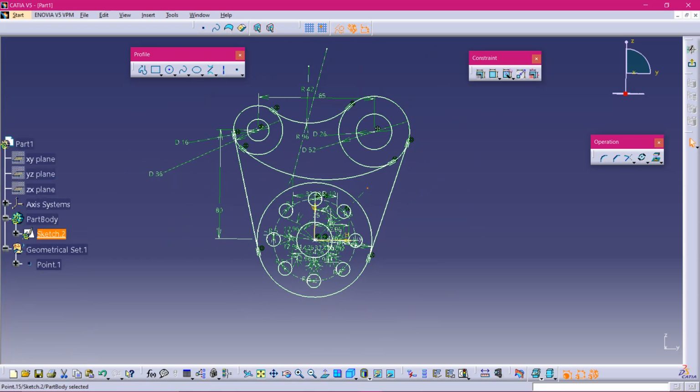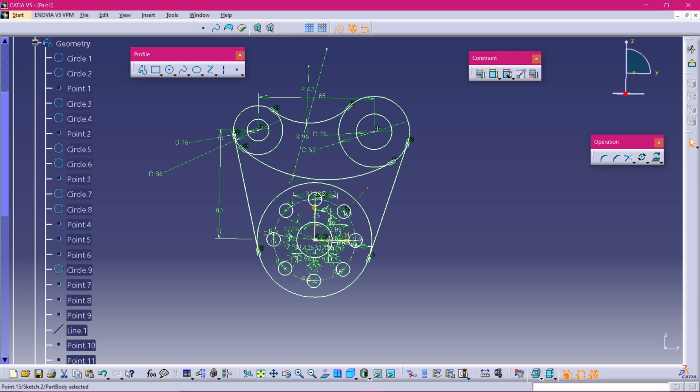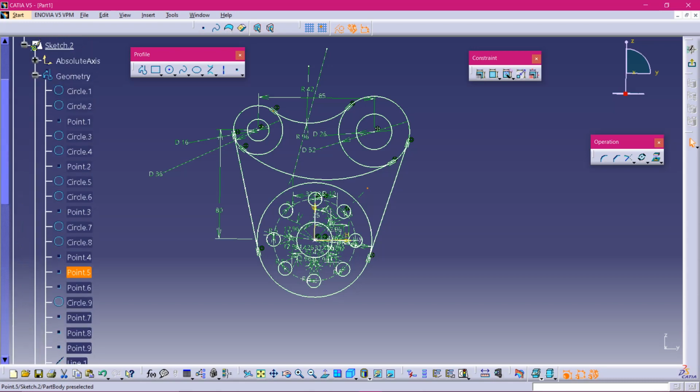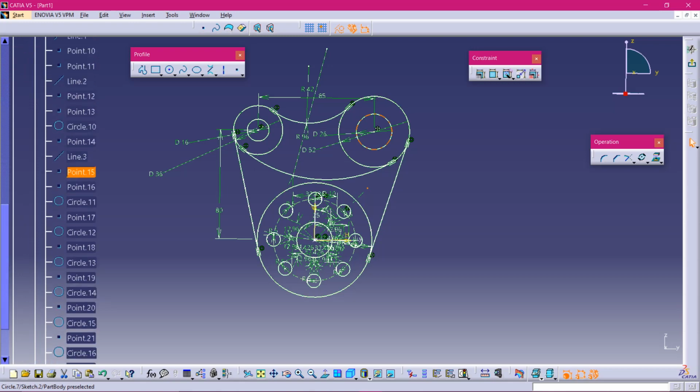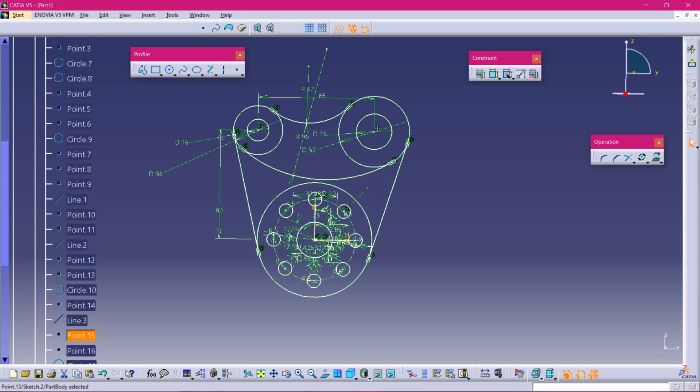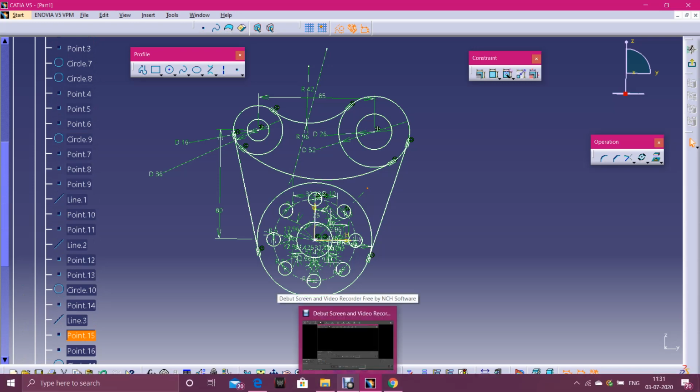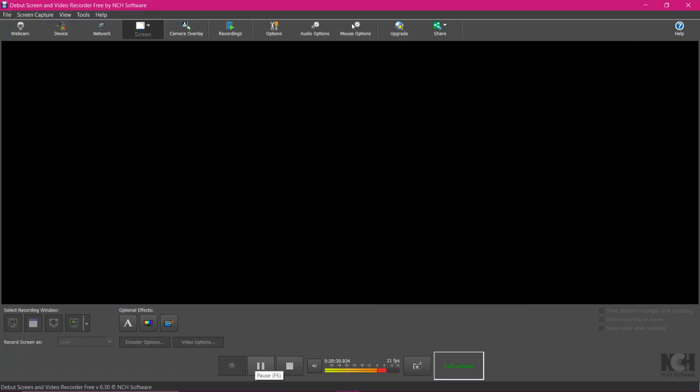As I said before, your tree, when you expand it, should be really small. See, you should only see the circles and points that you have used, that's all. With a minimum number of things you have to complete it. Okay? And I had said that I will say an interesting thing.